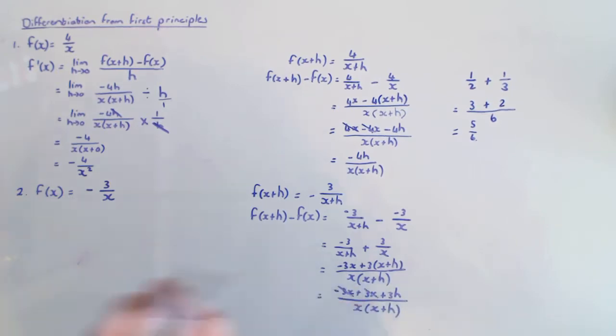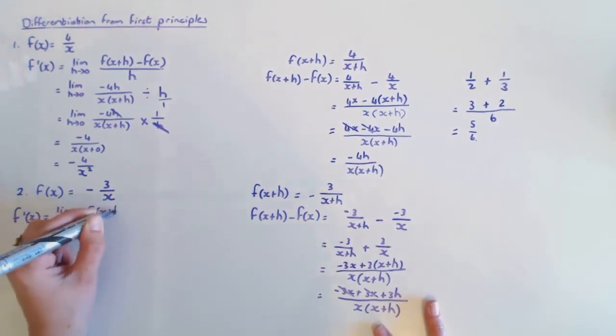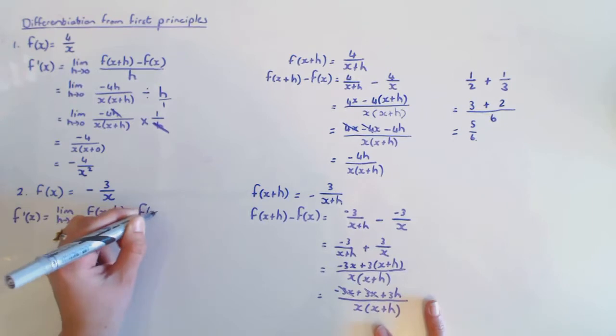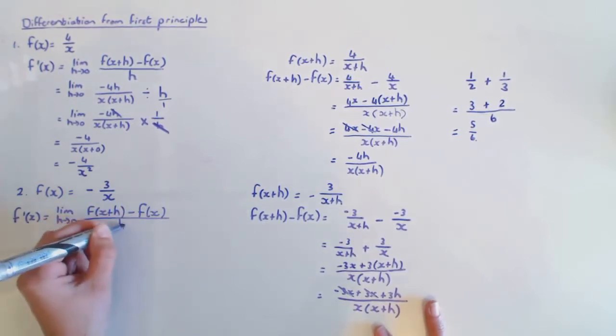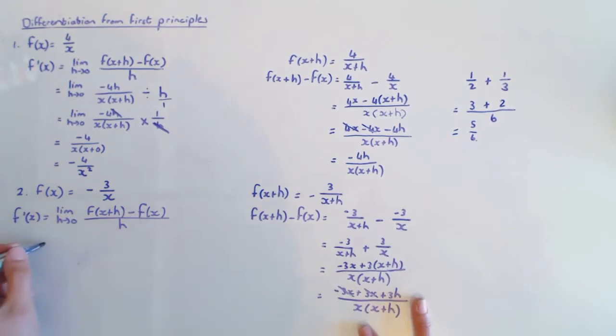and minus 3x plus 3x is going to fall away, and this is now my numerator in this formula, which I have not written yet. Let me just quickly write the formula there. f of x plus h minus f of x over h. Okay, so this is now my numerator, which is